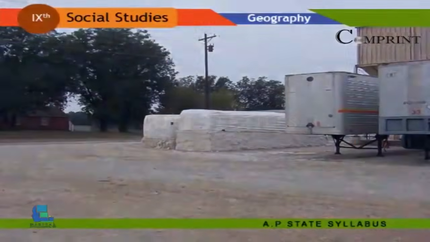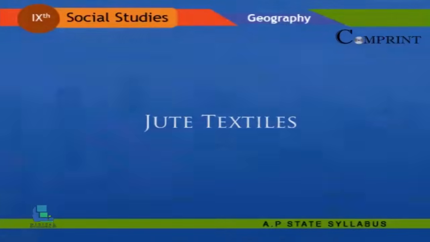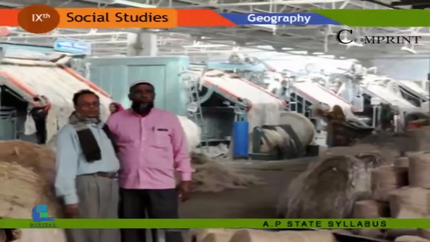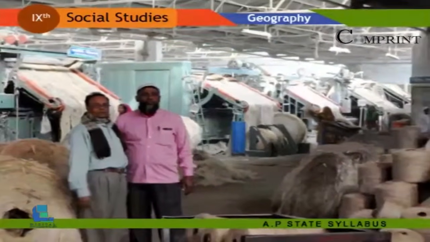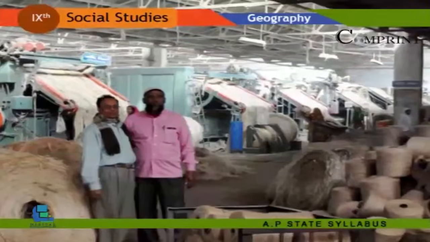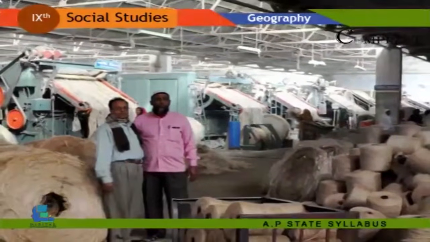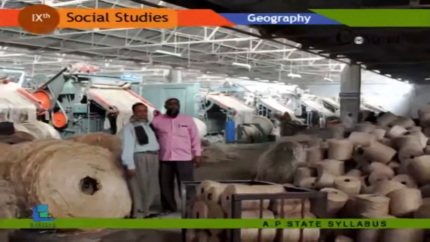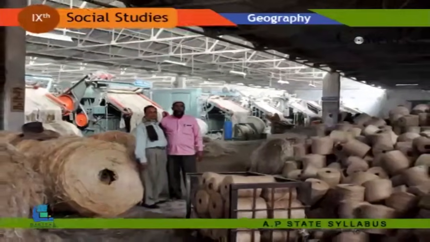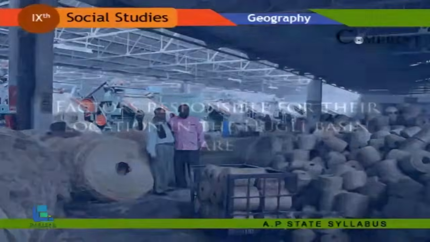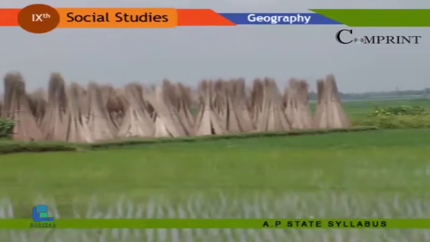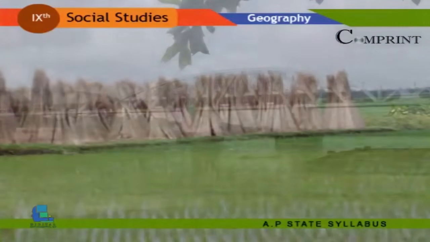Jute textiles. India is the largest producer of raw jute and jute goods and stands at second place as an exporter after Bangladesh. There are about 70 jute mills in India. Most of these are located in West Bengal, mainly along the banks of the Hooghly River, 98 kilometers long and 3 kilometers wide. Factors responsible for their location in the Hooghly Basin are proximity of the jute producing areas, inexpensive water transport,